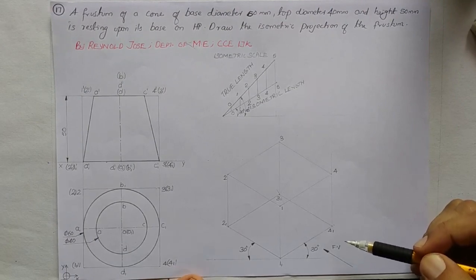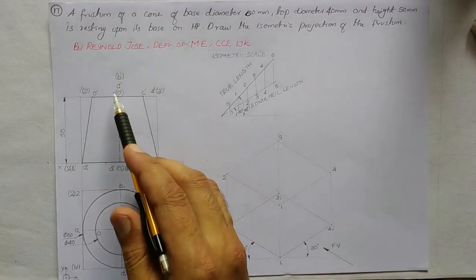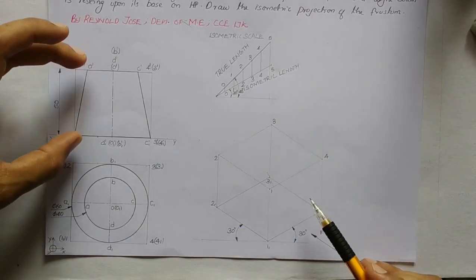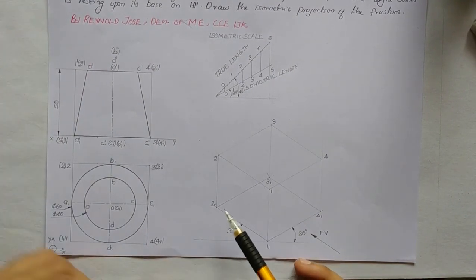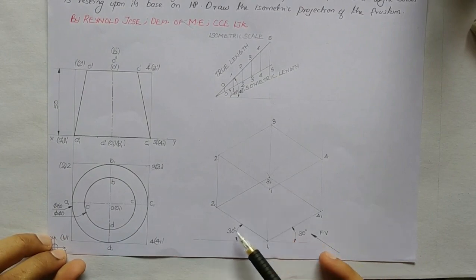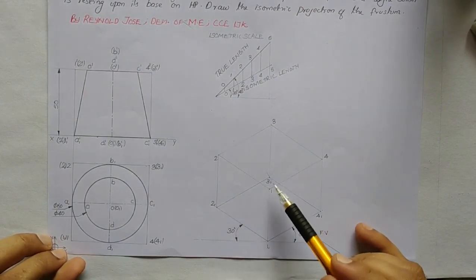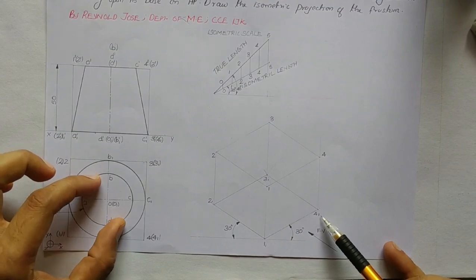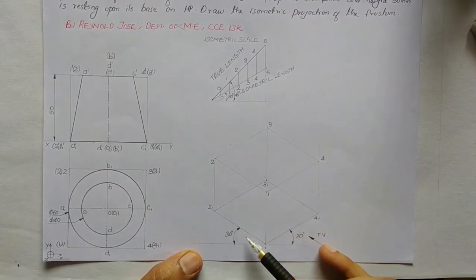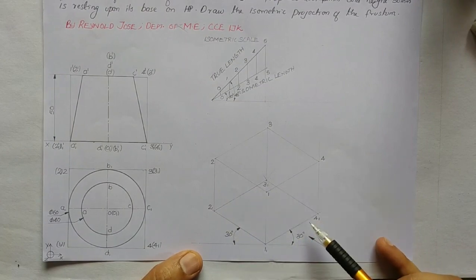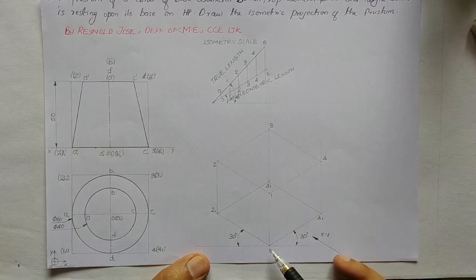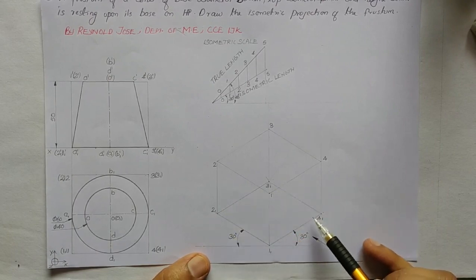Now the next step is, we have to draw the isometric of this frustum onto the right hand side. The isometric of this frustum contains the isometric of two circles. Here we have a bigger circle, which will be along the base plane, which is 1₁, 2₁, 3₁, 4₁, and the smaller circle will be on the top face, which is 1, 2, 3, 4. For the time being, we can construct the bigger circle along the base plane.